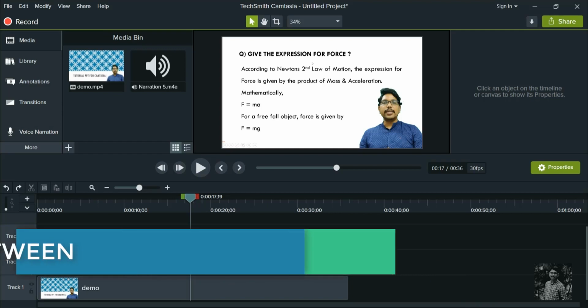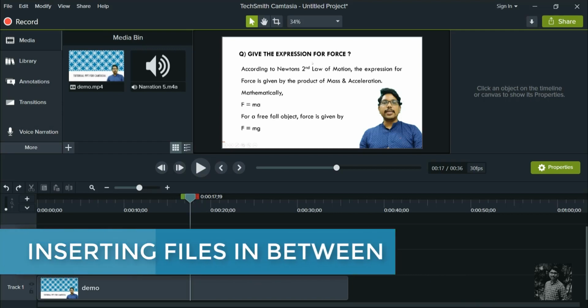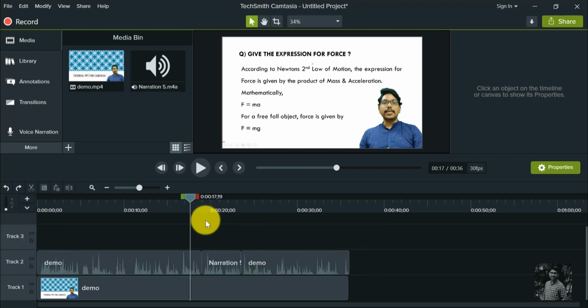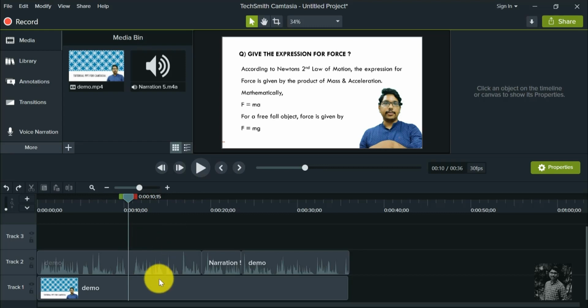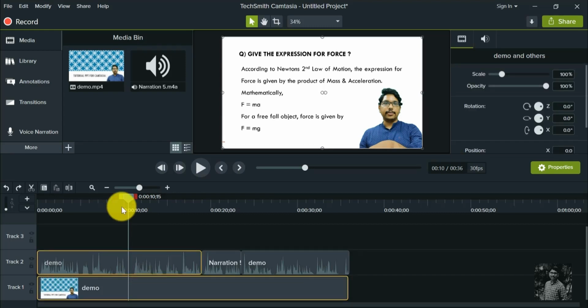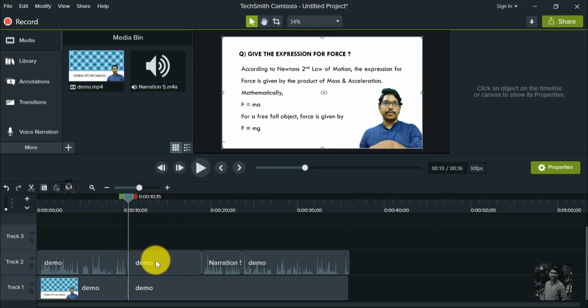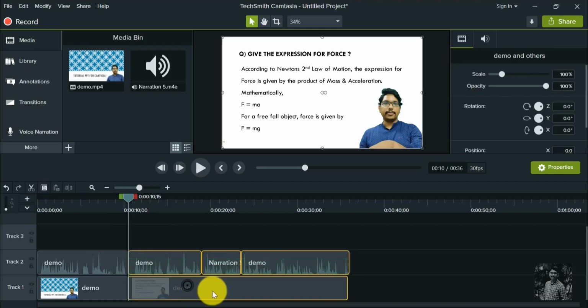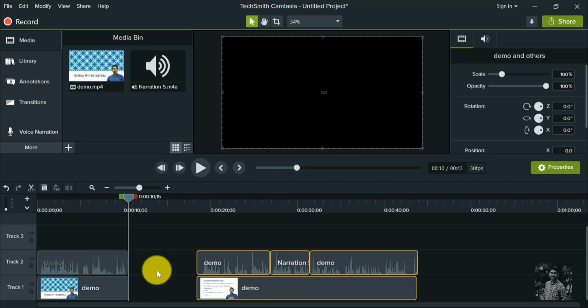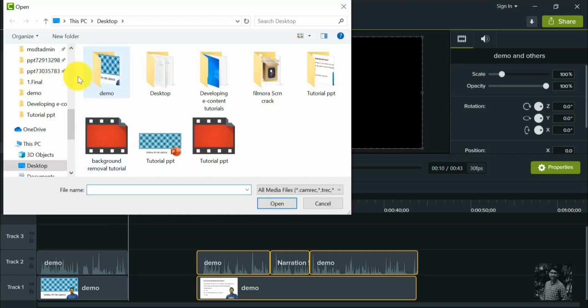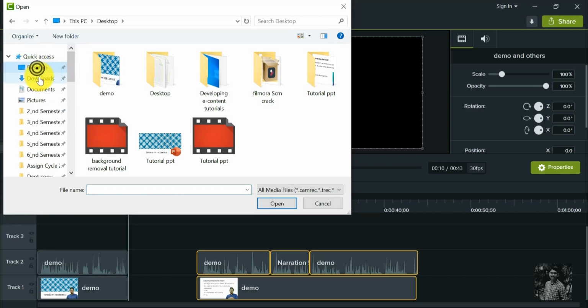The next one is, if I want to add some other file in between somewhere. Okay, it may be a video file, audio file, or image file. If I want to add somewhere in between, let's say somewhere here, what I need to do is split the entities at that particular location. Choose all the rear entities behind. Please create some gap here in order to insert the new file. Okay, import the new file by clicking on import media. Go to the file location where it is, somewhere in the downloads.